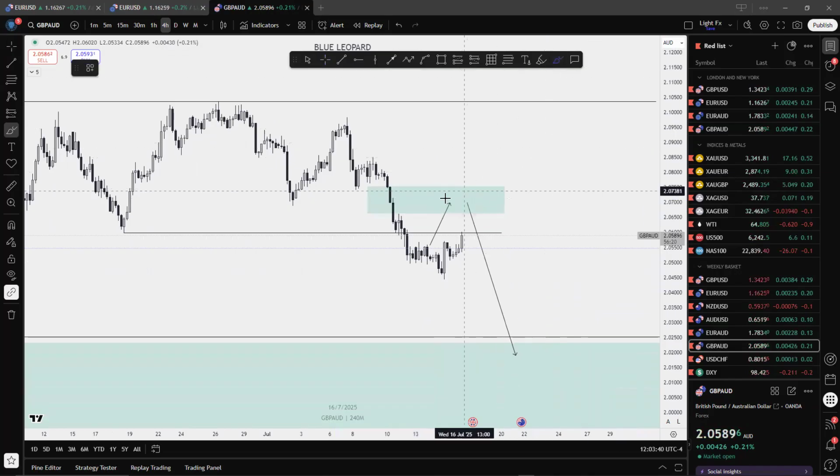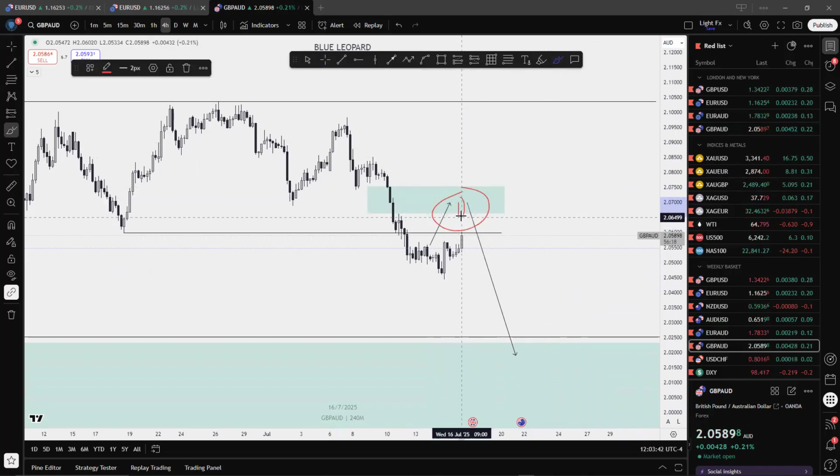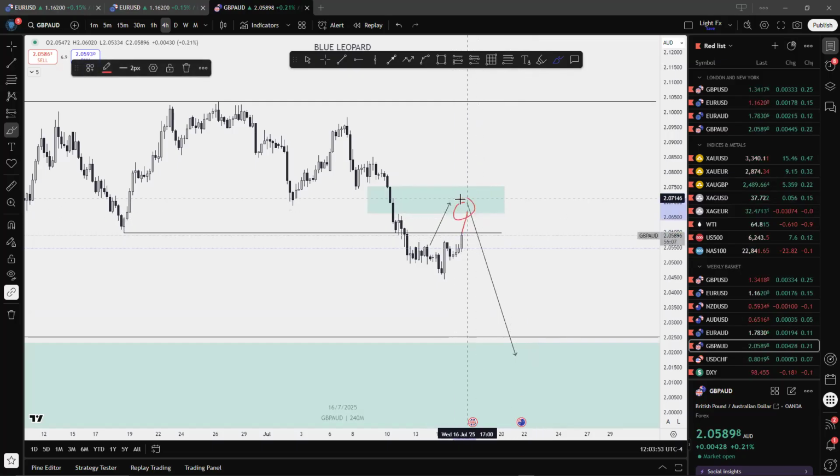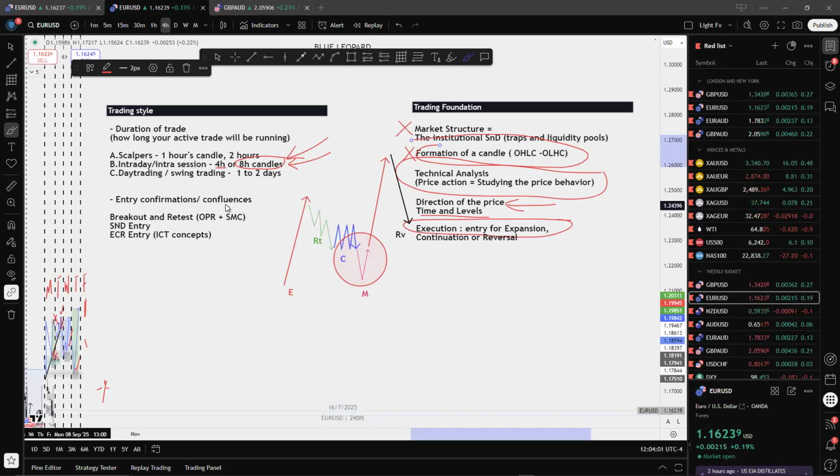When he reaches this level here, I will study the two few candles that will happen here, and then I can take this sell. So I'm not following the market. I'm setting traps and waiting for the market to come into my zone, study the move and behaviors, and then I take my trade. So as I explained here,